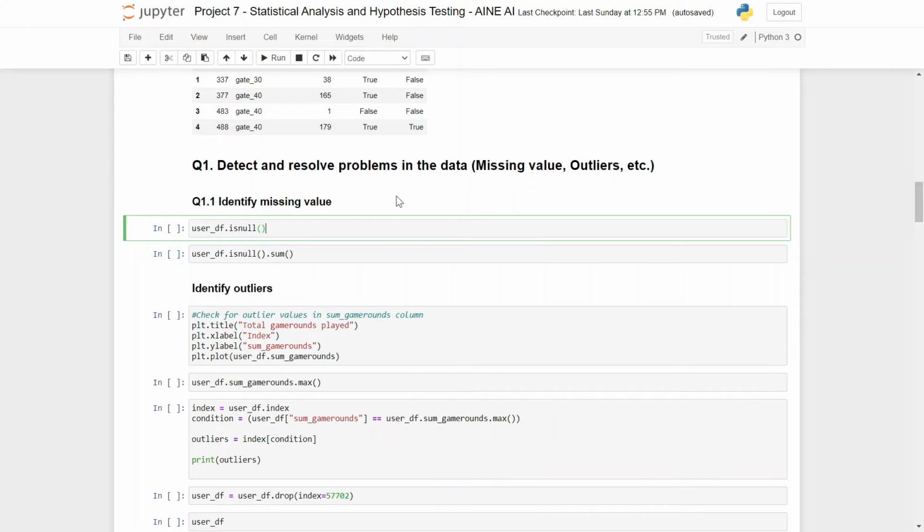In some cases, if the amount of missing values is over a certain percentage, then we have to fill them with the mean or median or mode values of the whole column, and in case there are very few, we can drop the particular record, and that won't affect our dataset that much. So we are using the isnull function to check if there are any null values,